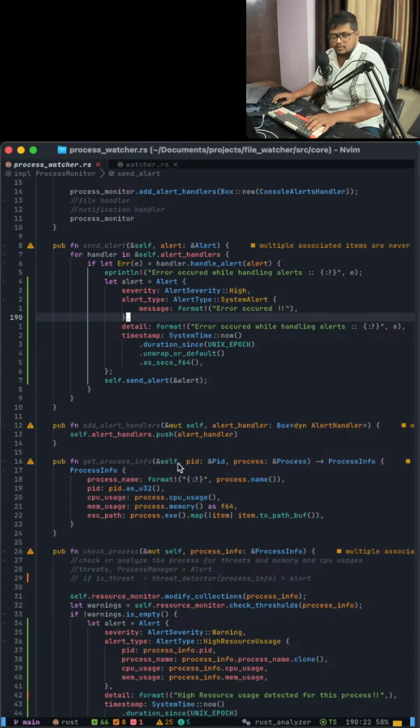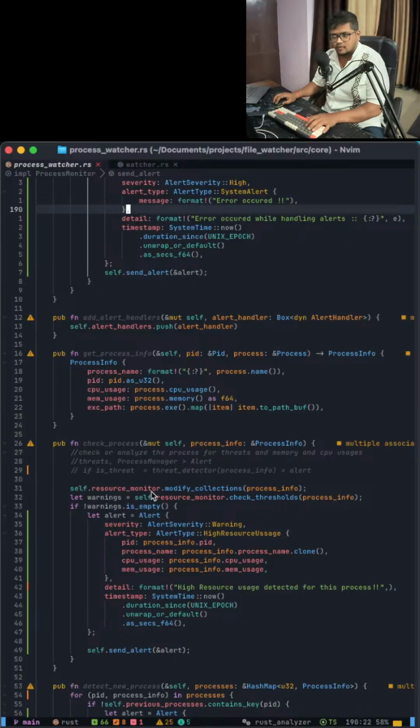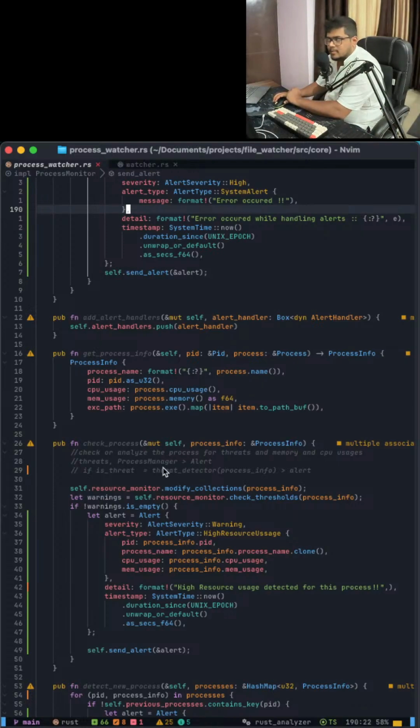All right, now let's go over here. It says we need to now define and manage threats. So what we'll do,